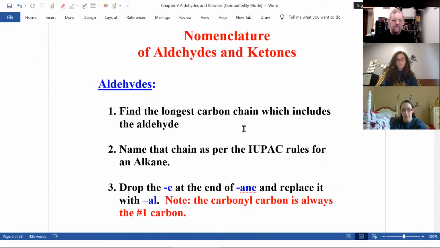Now, for nomenclature, find the longest chain that has the carbonyl carbon, carbon double bond to oxygen. We went through this. Name it as an alkane, drop the E at the end of the alkane, and replace it with an AL. Now, let me warn you, alcohols have an